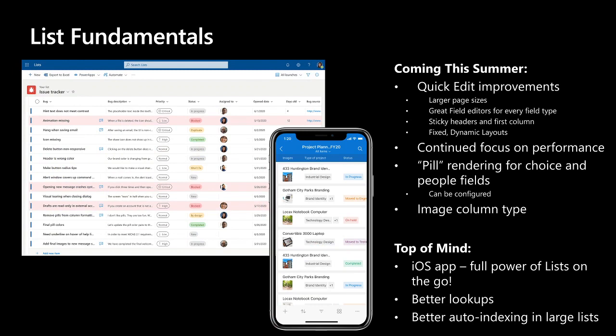Grid is the evolution of the SharePoint quick edit view, and we're committed to making this the fastest, most fluid, most delightful way to get data inside of a list. You're going to see improvements to quick edit come down the line this summer. You're going to see new and improved field editors for every field type. You're going to see sticky headers. You're going to see a sticky first column. You're going to see fixed and dynamic layouts, and you're going to see more and more over time. If you are at home working inside of a spreadsheet in Excel, you're going to be at home working inside